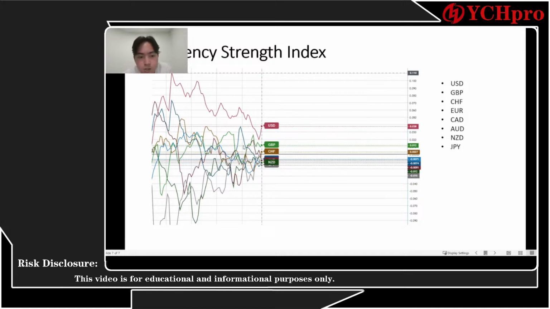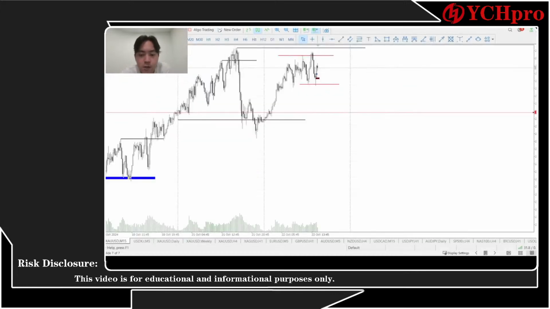Okay, from this chart we can see that the market is going through a ranging area compared to the dollar index. So right now, trading the dollar index compared to other pairings will be much more beneficial. You can see that the other pairings have been ranging, but the dollar index has been going strong. So going long on the dollar index will be much more beneficial. This is also one of the reasons why I'm trying to do long positions on the dollar index.